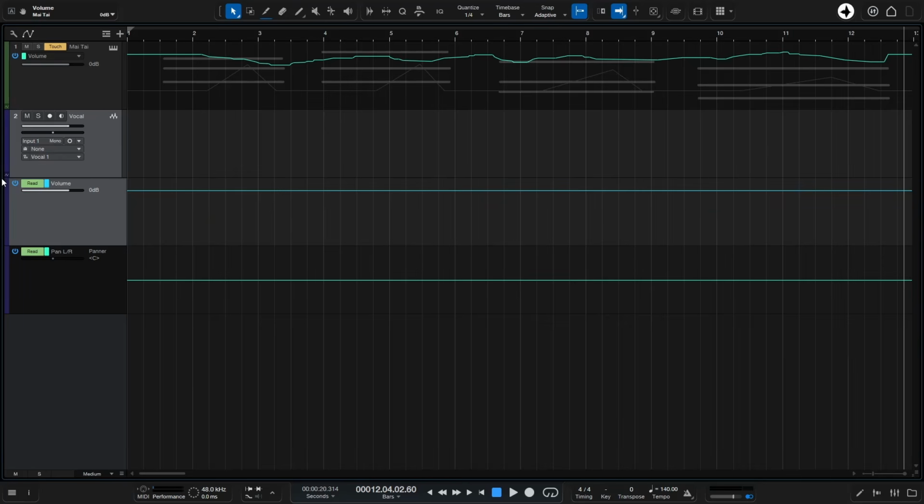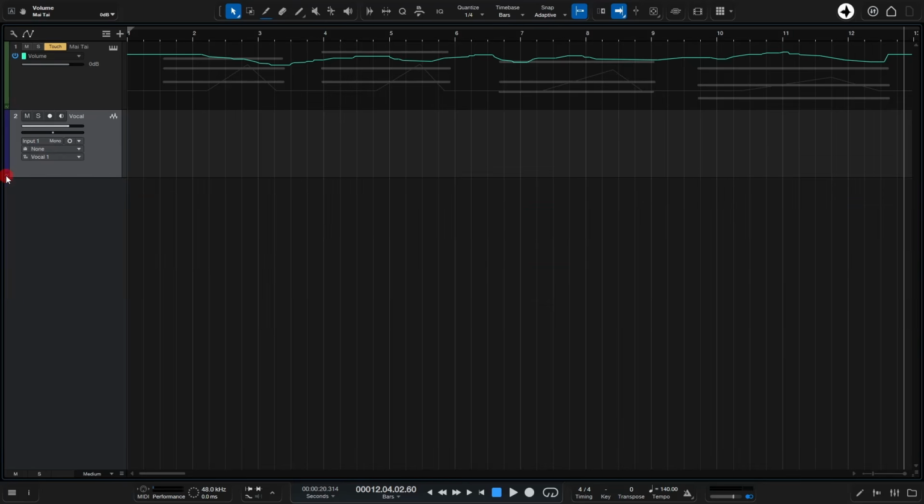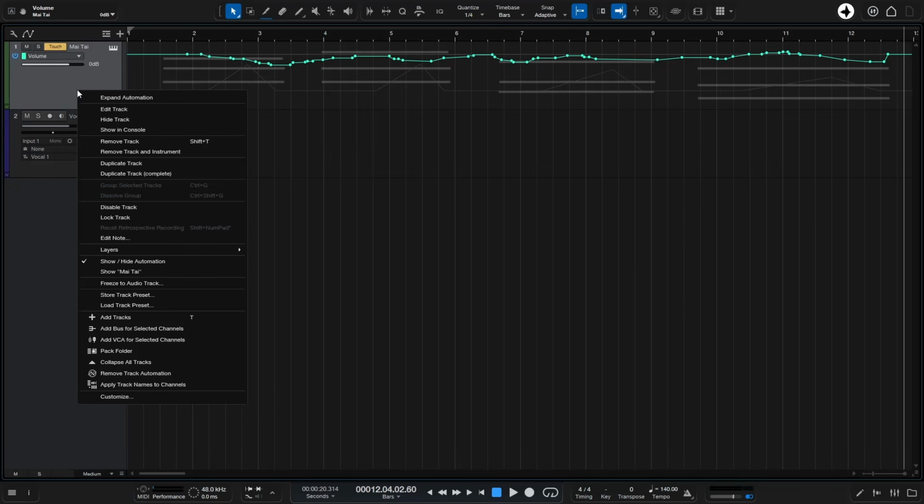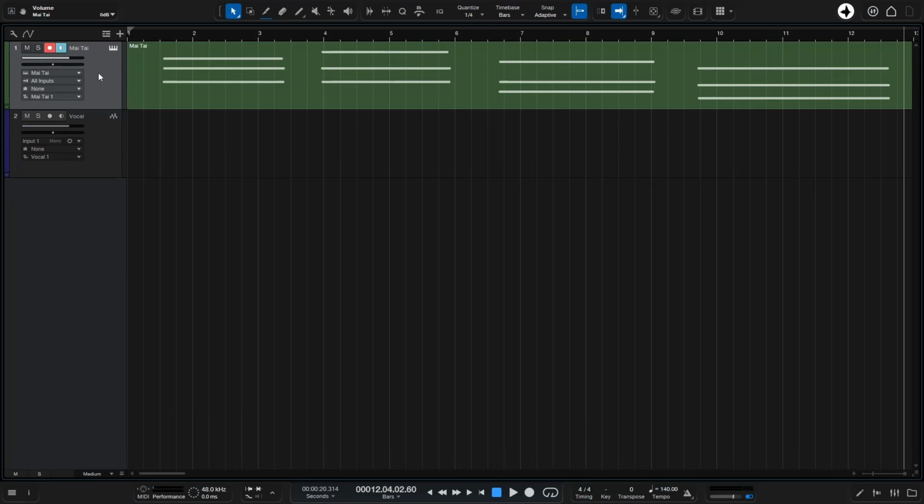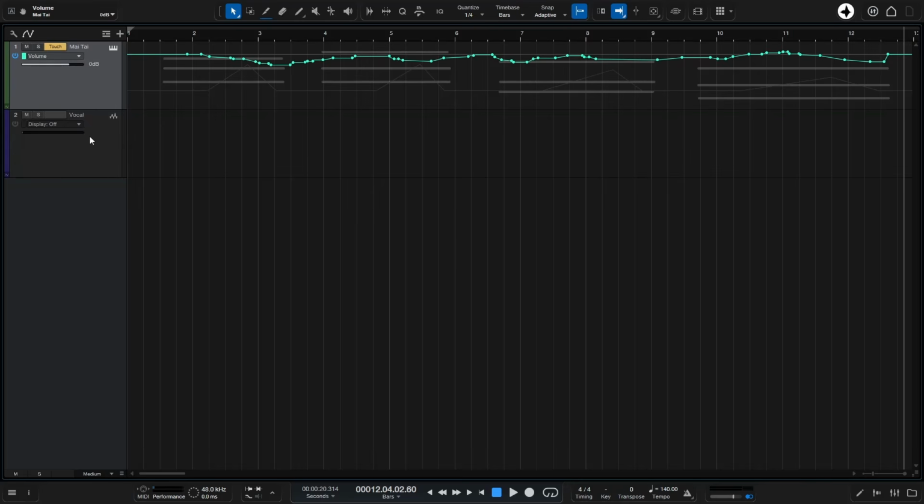Then we can come to the automation button in the bottom left and click once on that to collapse those. Now our top track is still showing the automation view, so if we right click on this, we can see that we have show hide automation, and we can click on that to hide that view. And then if I press A on the QWERTY keyboard, we can switch both of these at the same time